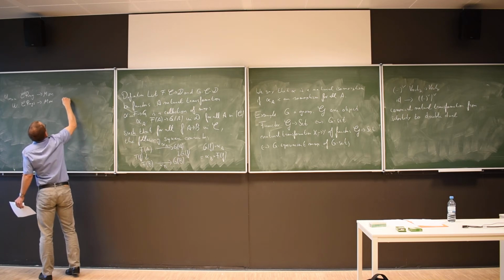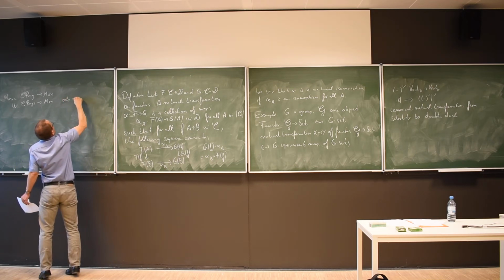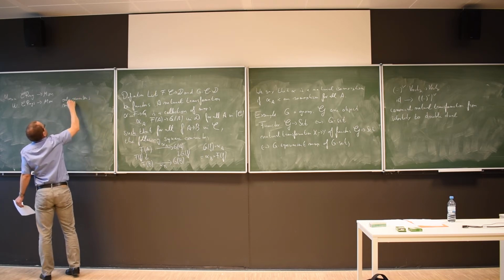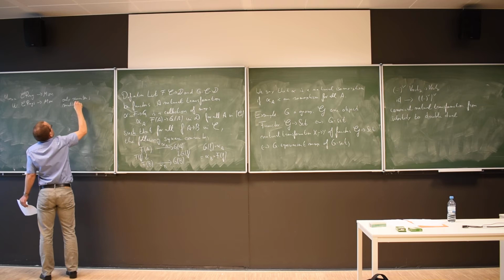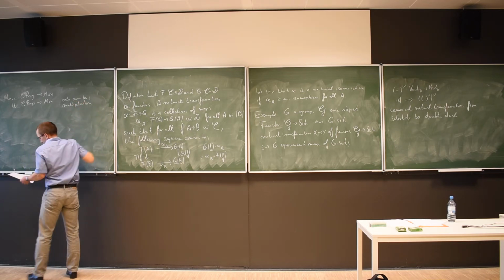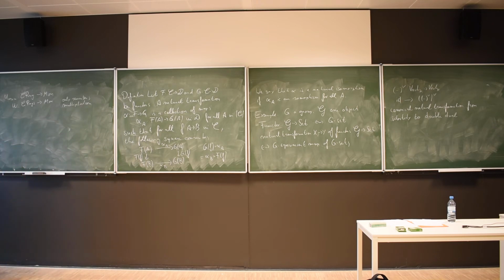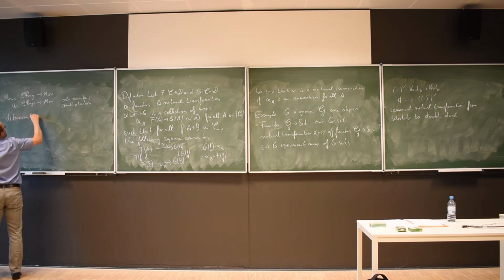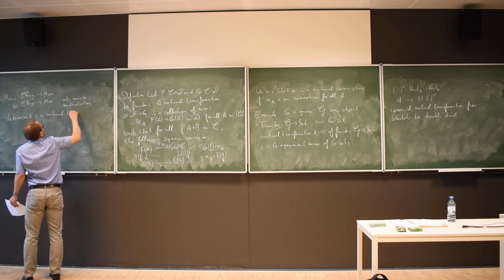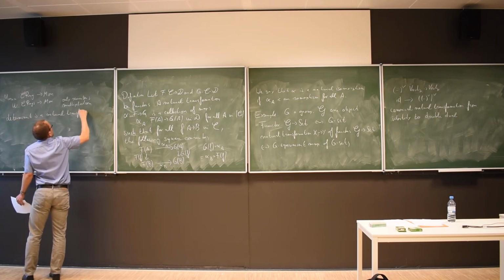So this is a functor that only remembers the multiplication, and now one can check that the determinant is a natural transformation